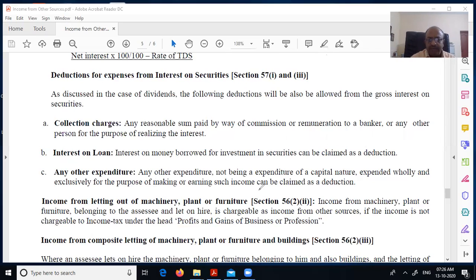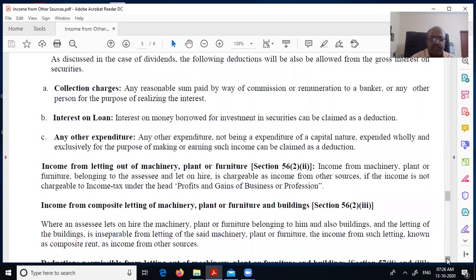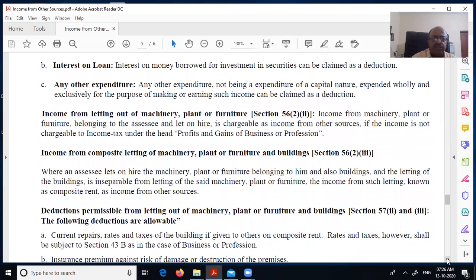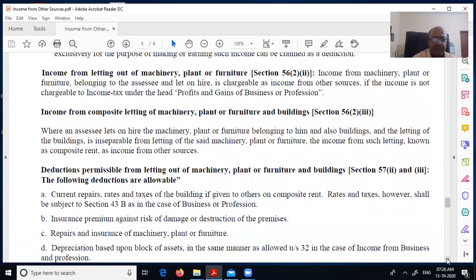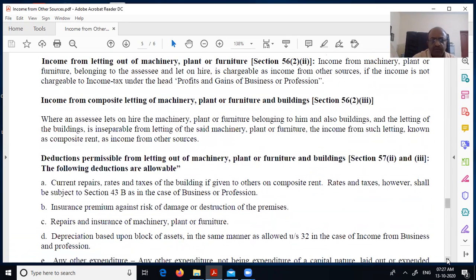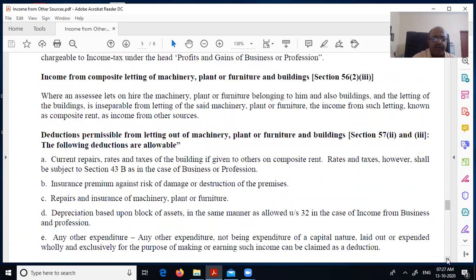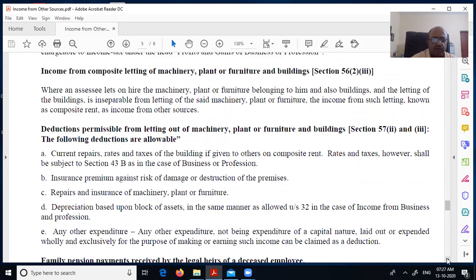Now, apart from that, these ones we have already discussed, when we just now discussed the charge section: letting out from machinery and plant, and composite rent. Okay. Now, if it is these things, what are the deductions that are available? If you take letting out of machinery and/or letting out of a building, you can get deduction only these